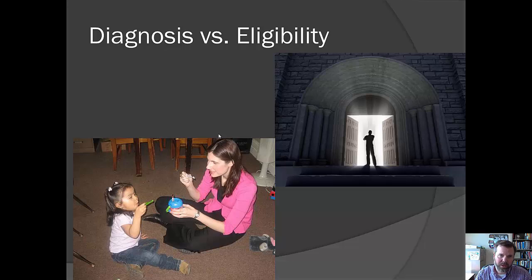Now, that doesn't mean if you live in Wisconsin, if you have 1.5, for example, or 1.3 standard deviation below the mean, and you're not getting services, that doesn't mean that you don't have a language impairment. You still have that impairment. You still have these difficulties in your life. It's just that you're not eligible for services. Okay, so most of the time we can blur these thoughts, but I think it's really important for us to think of this,